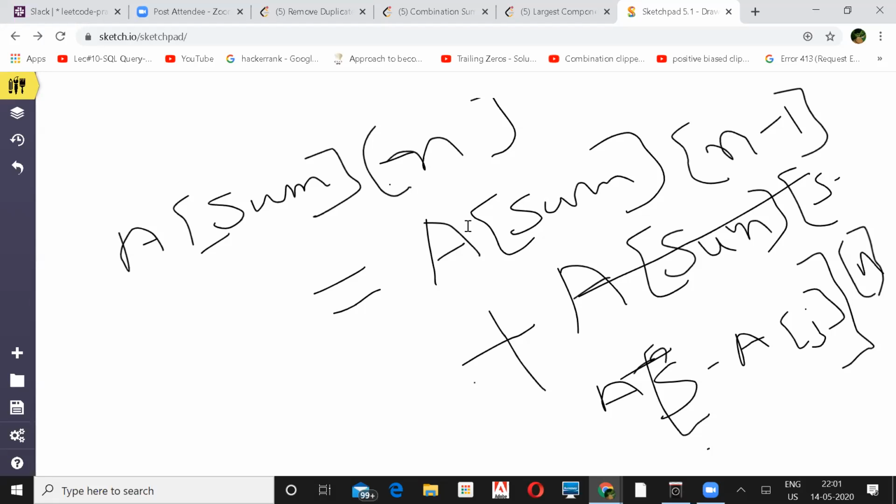I haven't tried it. That's what I was asking. Will there be any duplicate or something like that? I was actually thinking in this way. We'll have to go through it, but it should be possible. I'm not saying that it won't, but there might be some tweaks. Like where you said A of sum, n minus 1, instead of that it would be A of sum, n, and then the other way, like A of s minus aj and n minus 1, something like that. But we'll have to look at it properly. But it should be possible. You need to draw a table and check it then. Yeah, we'll have to draw a table of it.